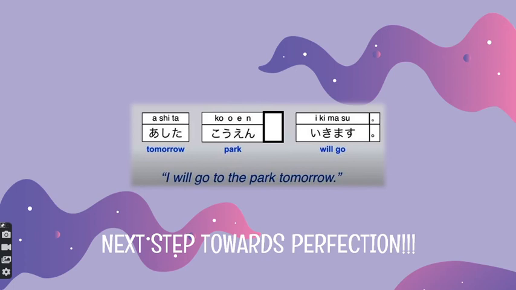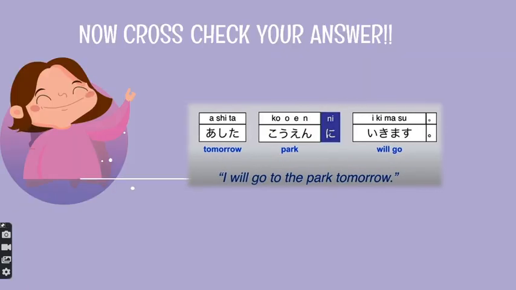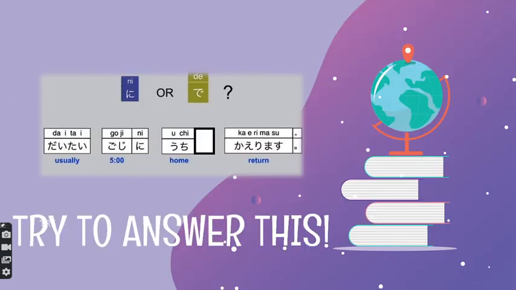I'll give you the tip before we started this quiz that whenever you have ikimasu, kimasu, kaerimasu, the place where you are going, the place where you are coming, the place where you are returning is going to be marked by the particle ni. Ni is the destination marker. Now here, you will go to the park. So park is your destination, right? So you're going to mark park, koen, with the particle ni. So the correct sentence is 明日公園に行きます。